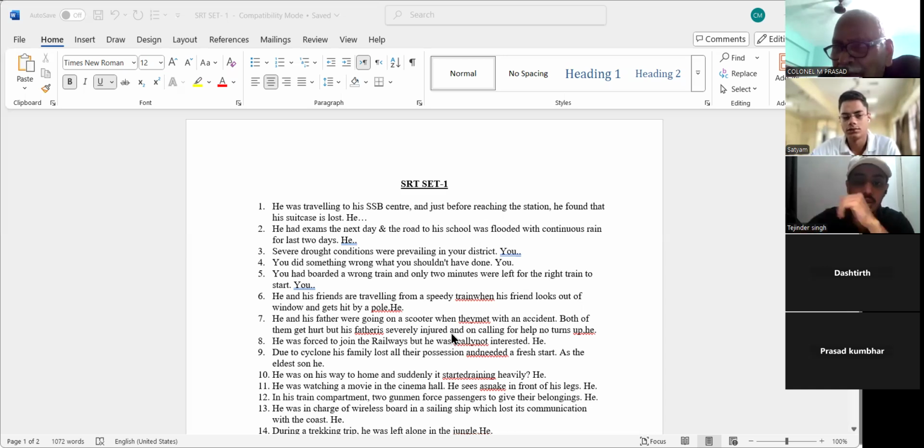can the exam be postponed only for you? If the exam has to be postponed, it has to be postponed for all, is it or not? And which examination? Has he mentioned? Is it UPSC, BPSC, or something else? What examination? Is there anything? No. So this assumption itself is wrong. Is it or not? Okay.